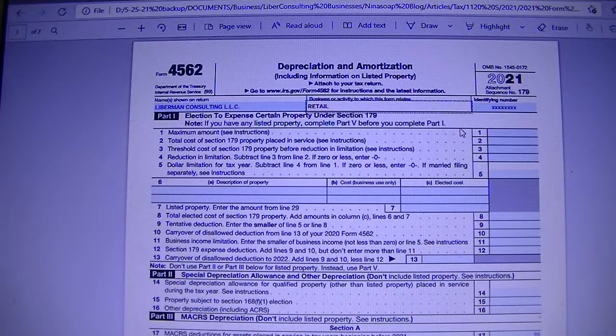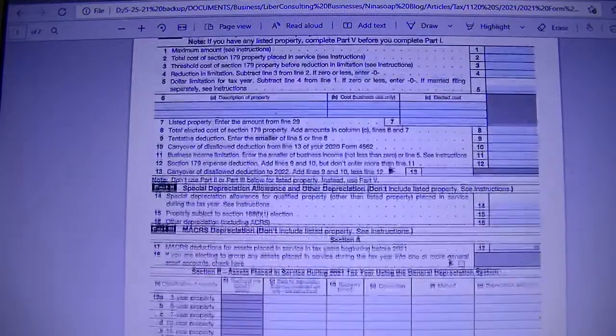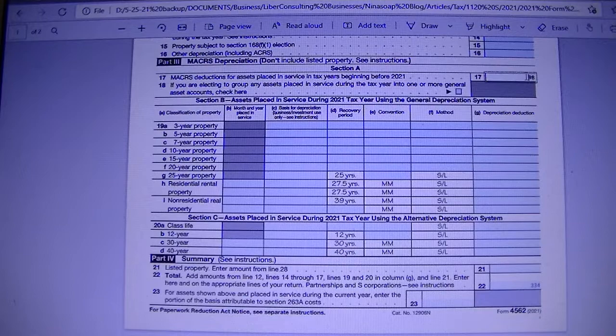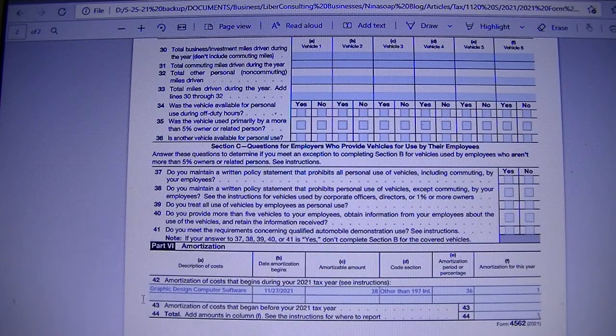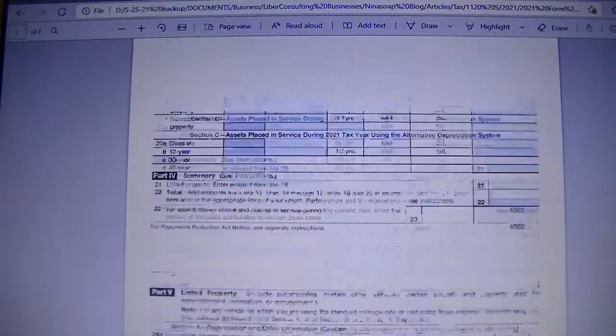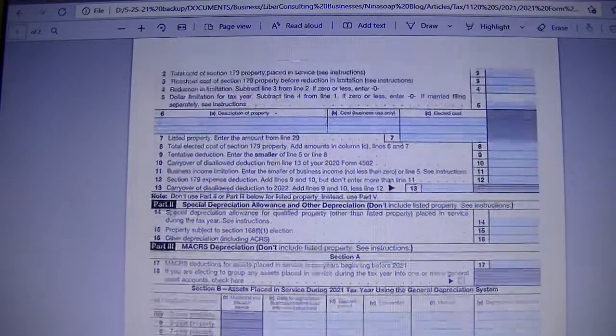It's a retail. Okay, and we will keep it like that, and it won't have line 17 here because we put it on the summary. We won't have anything on the summary section either, and this one has amortization. We won't have the amortization section completed. We want to complete that on one form, the summary form. So we will take those from the additional forms that we use. So now that we clear the form,